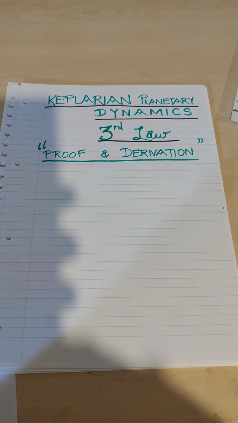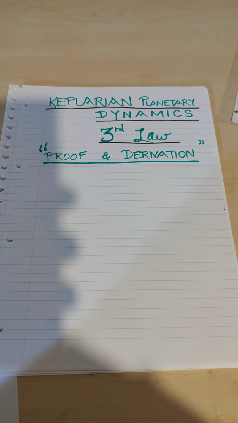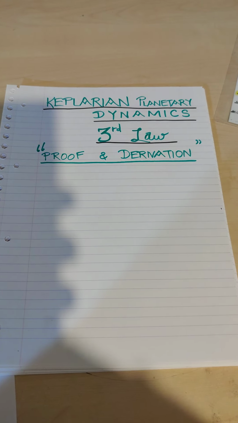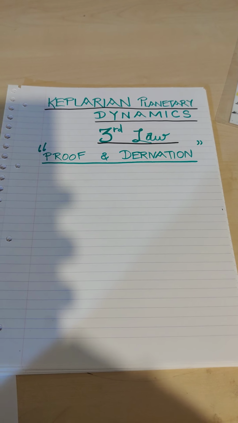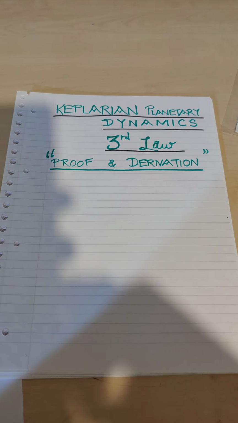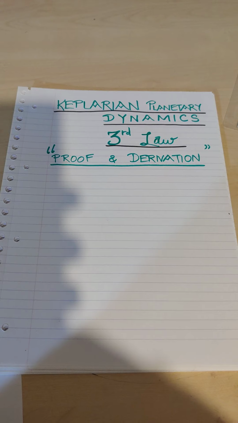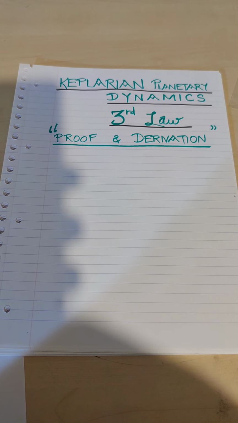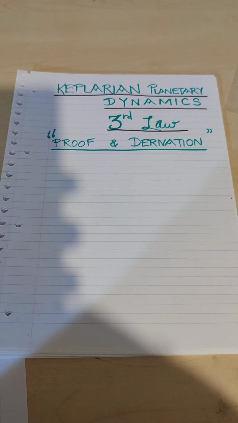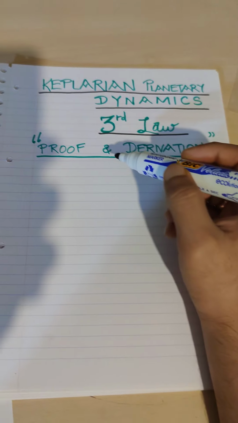In Keplerian planetary dynamics, the third law states that the square of the orbital period is directly proportional to the cube of its semi-major axis. It could be apogee and perigee. So I'm going to provide a proof and derivation of the third law, which is quite simple, straightforward, and rooted in arithmetic, and there's no differentiation or integration involved. First,